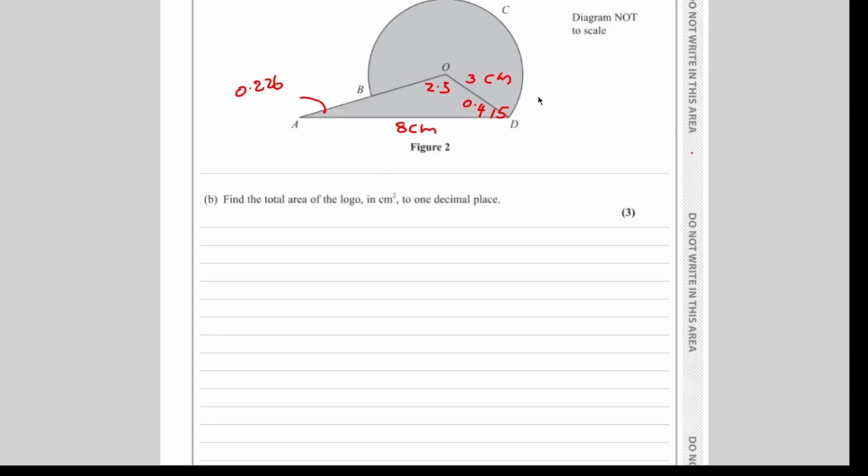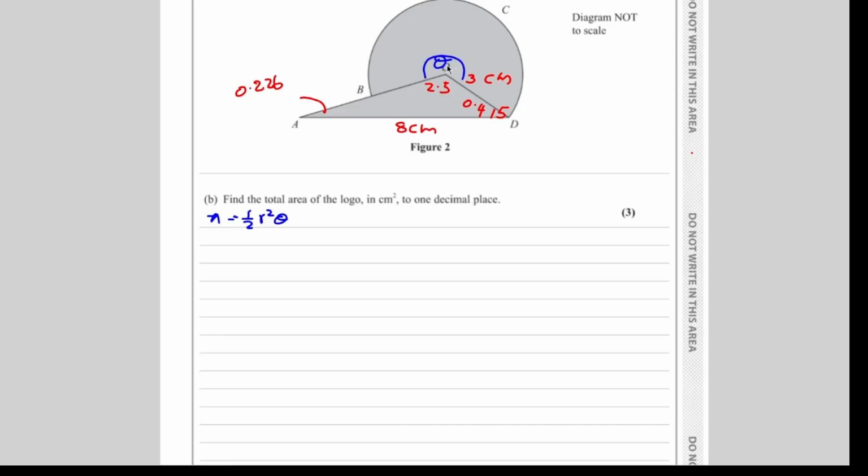What's the formula of the sector area? Sector area equals half r squared theta. Remember, theta has to be in radians. Then I need to get theta. This is the sector. So to get the sector area,